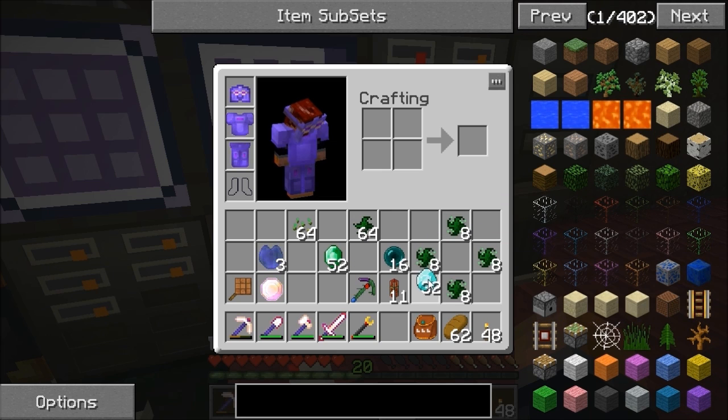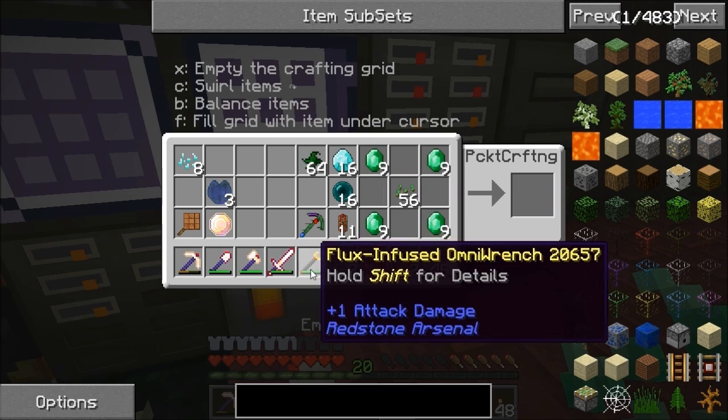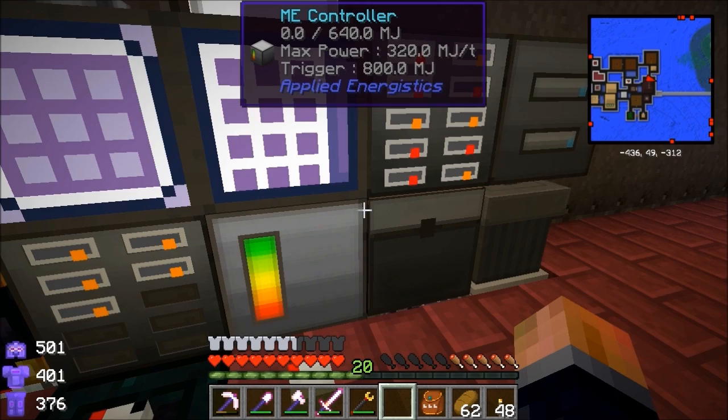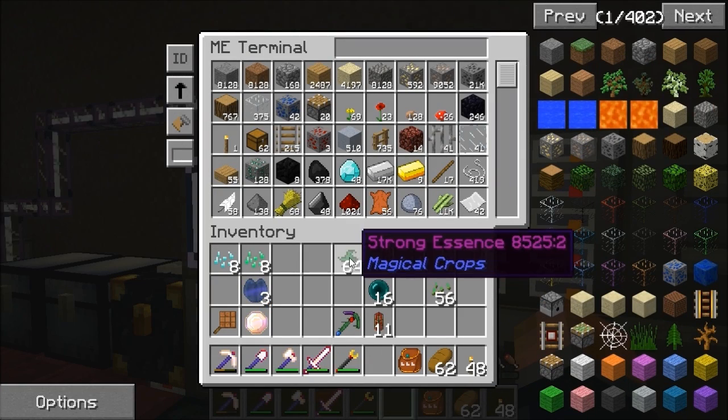So I want 4 lots of diamond. That's getting me 8 diamond seeds, and then I'm going to want 4 lots of emerald. Let's get the same amount of emerald seeds. So there's a diamond and the emeralds. Now the rest of these diamonds and emeralds can go back. Next up,